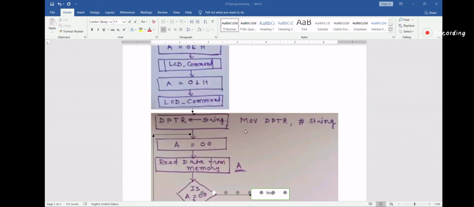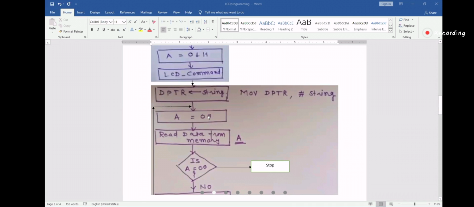Okay, are you getting it or not? The next step is A equal to 00. Why have we set A equal to 00? When you use MOVC A, @A+DPTR, at that time you have to initialize A equal to 0.